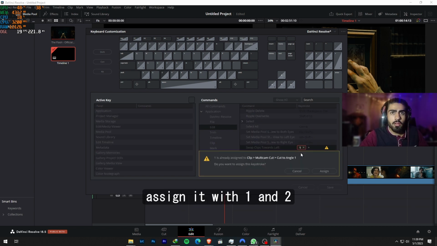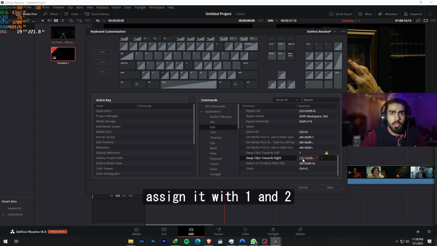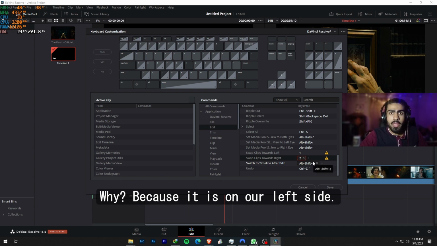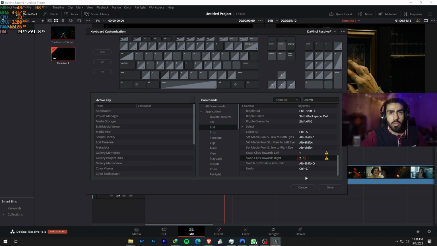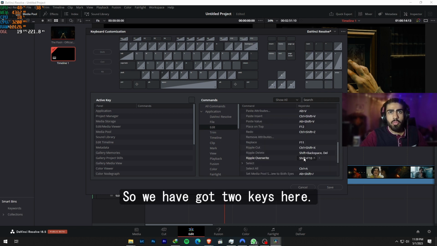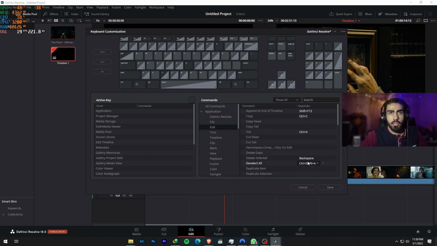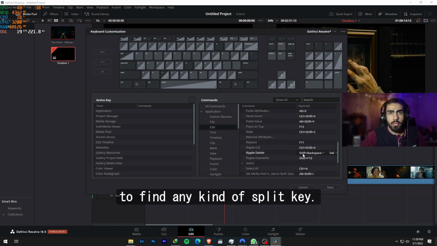So we're gonna assign it with 1 and 2. Why? Because it is on our left side. You should not be moving your left hand while you are editing. Okay, nice. So we have got 2 keys here, but apparently I was not able to find any kind of